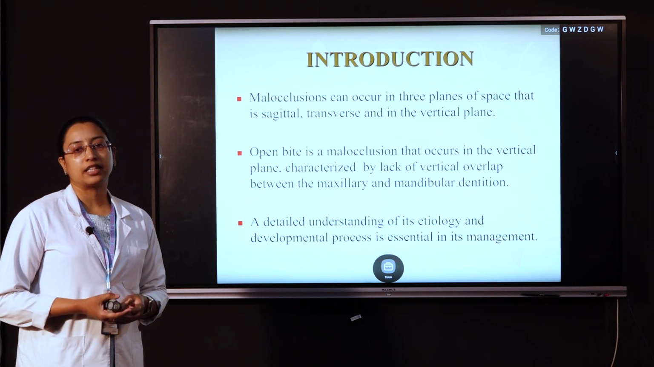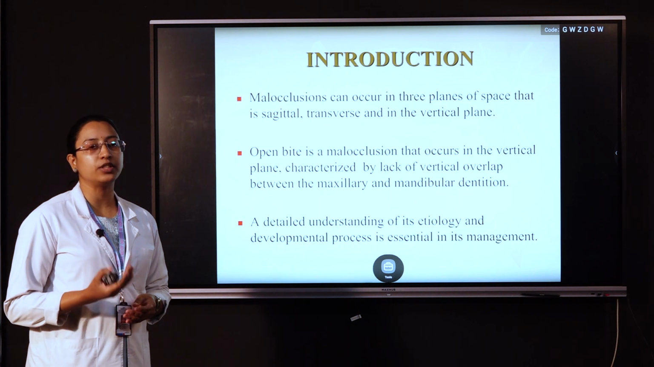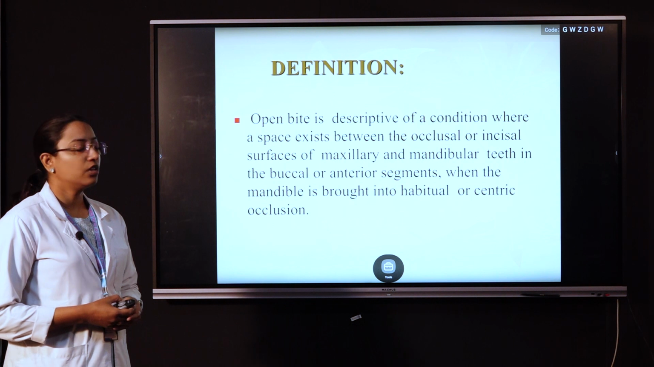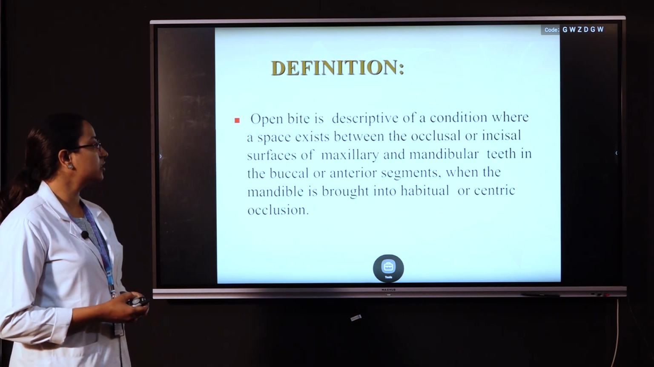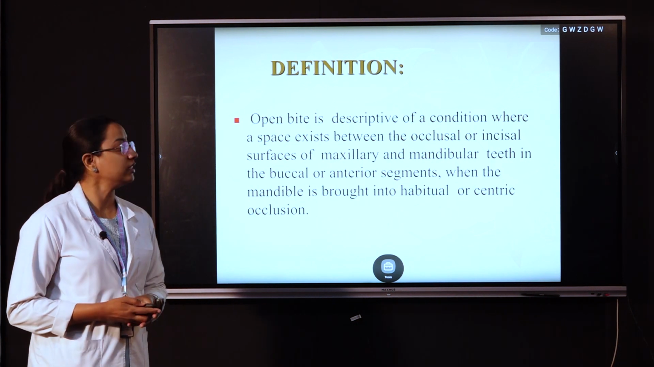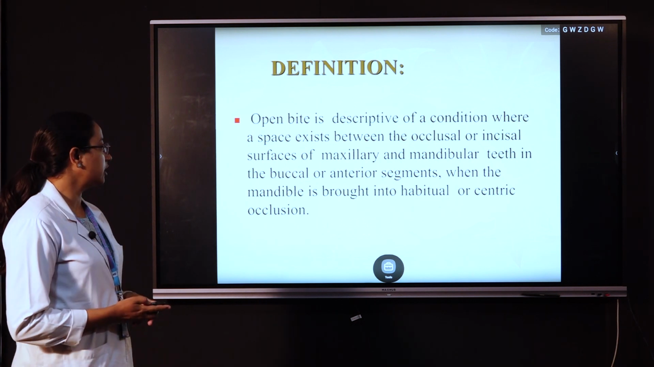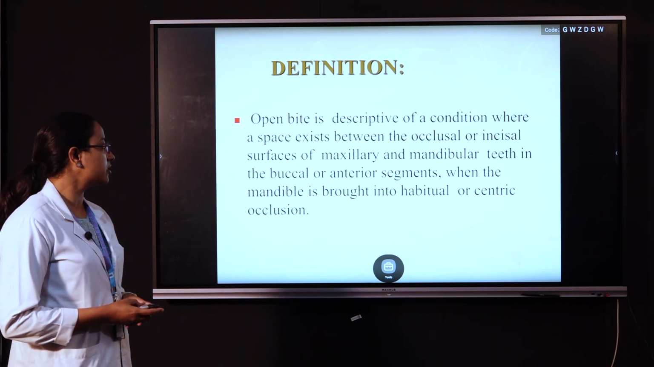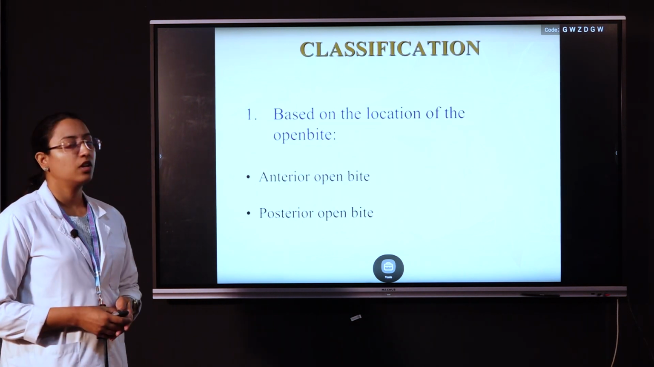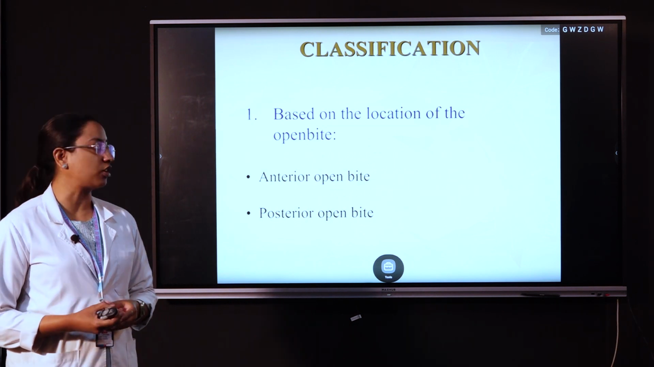So before we try to treat any malocclusion, we need to understand its etiology and we need to eliminate it in order to get a stable treatment. So by definition, an open bite is a descriptive term for a condition where a space exists between the occlusal or incisal surfaces of maxillary and mandibular teeth in the buccal or the anterior segments when the mandible is brought into habitual or centric occlusion. So we can broadly classify the open bites into anterior open bite and posterior open bite depending on the